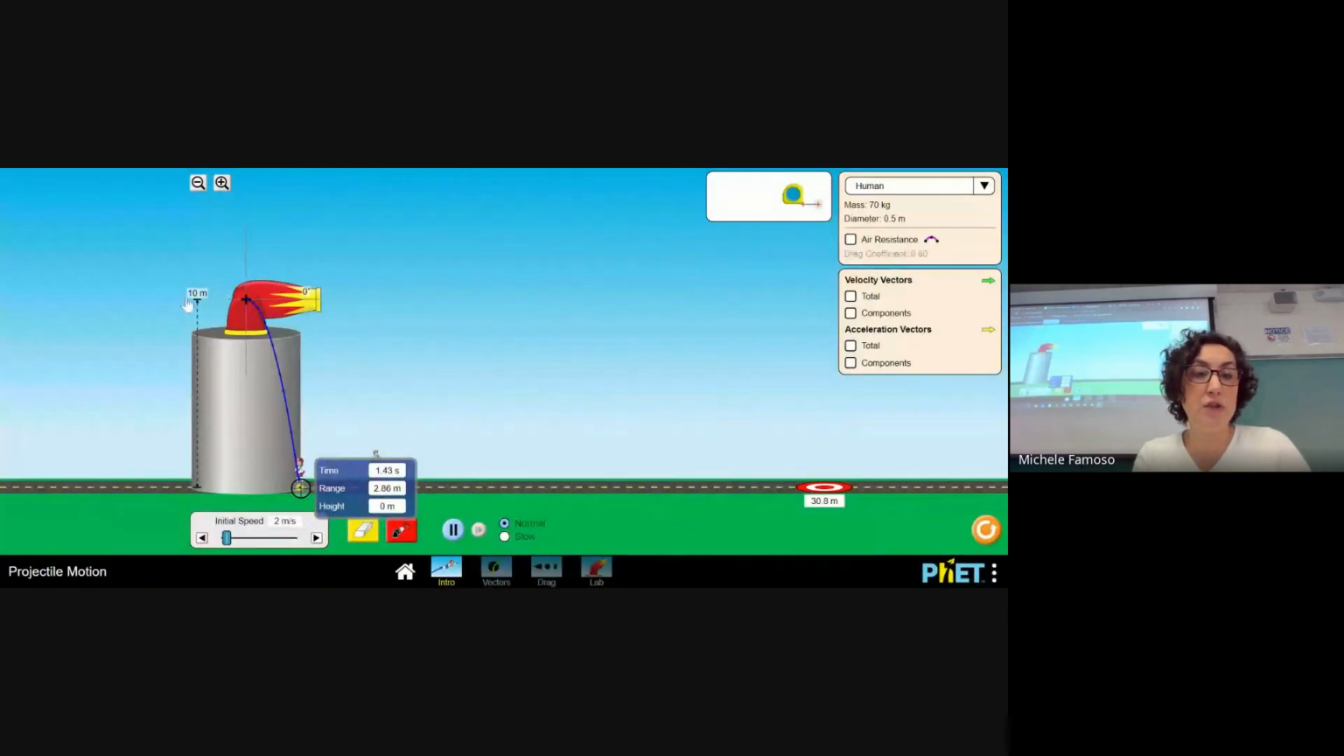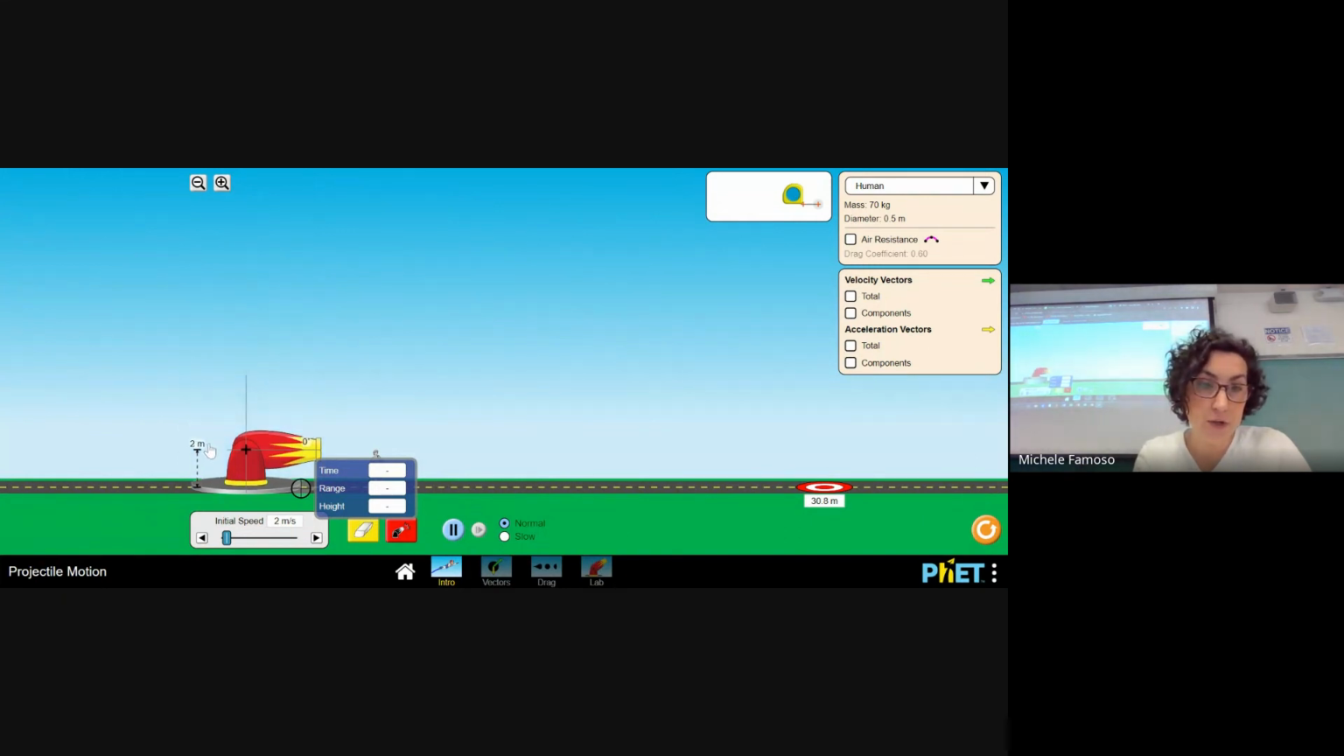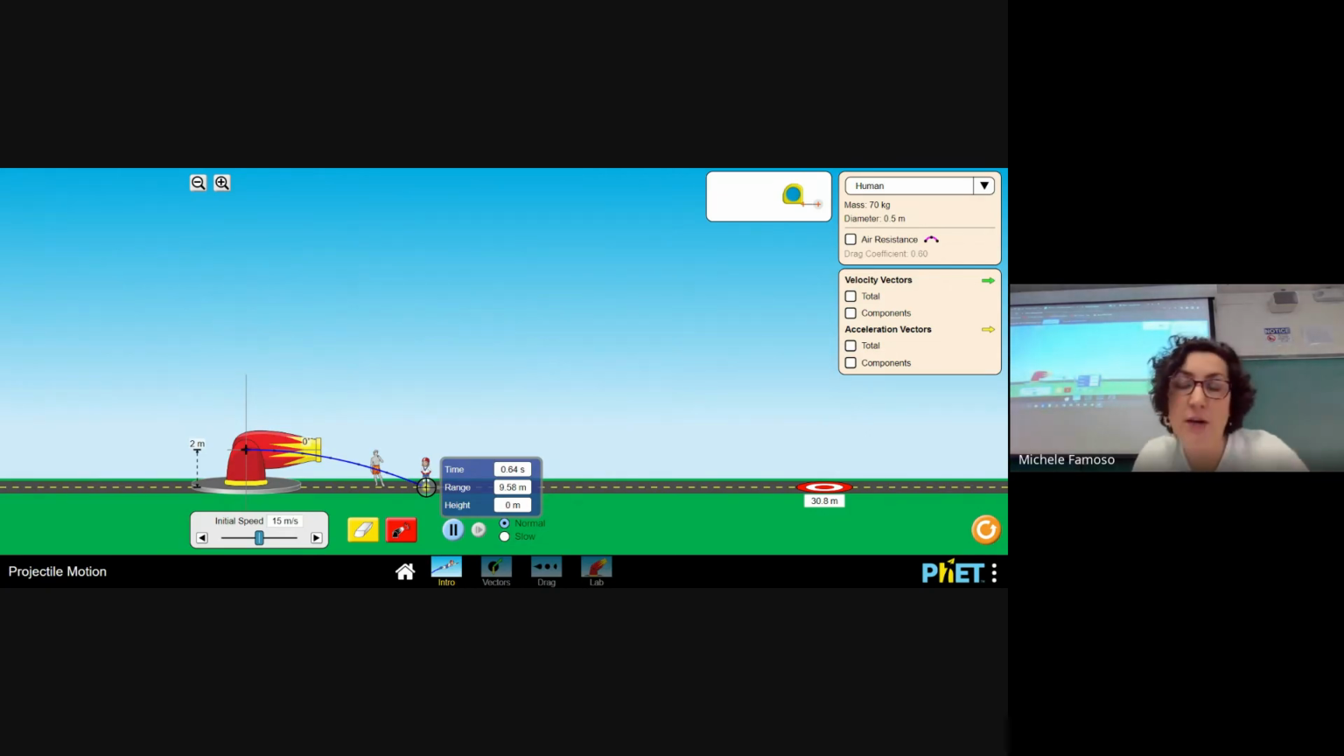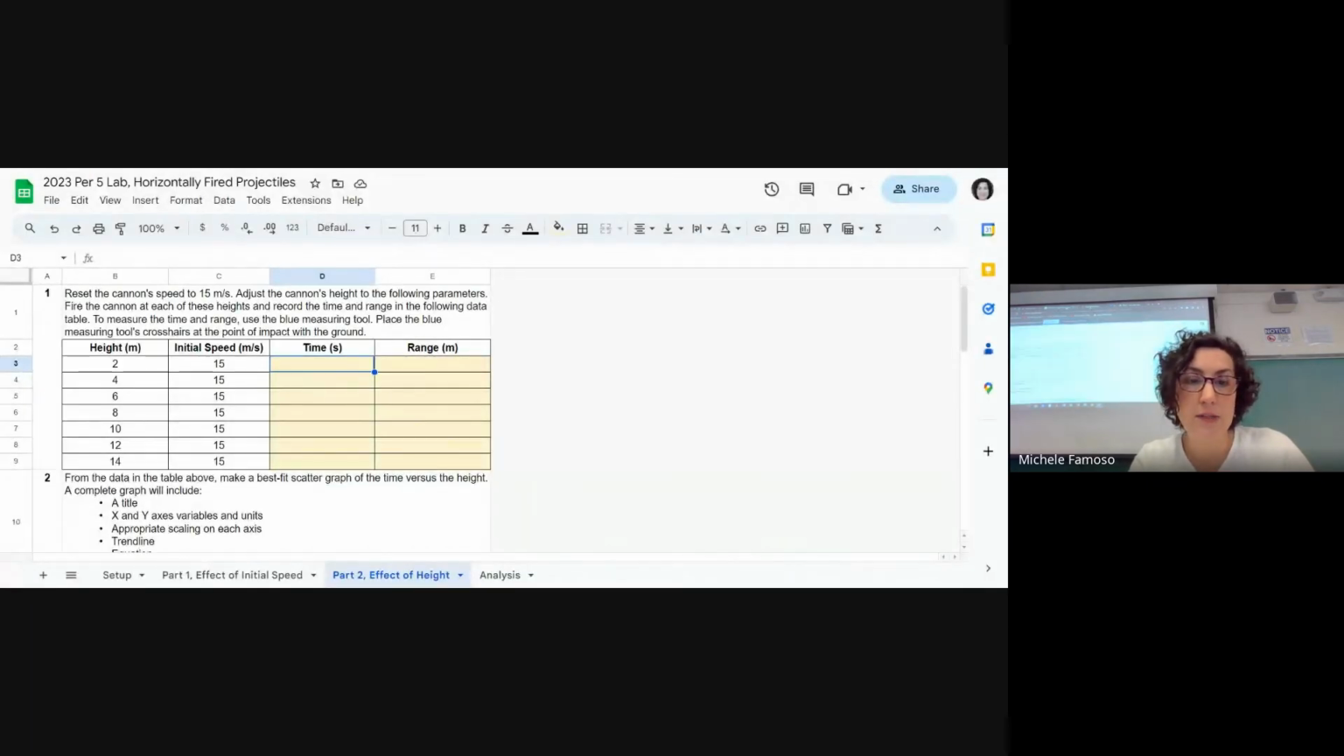We need a height of 2 meters. Well, let me erase everything. I want a height of 2 meters, so I'm dragging it down to the ground. And I want the speed to be 15 meters per second. There it is. I'm going to fire it. And I'm going to move my blue measuring tool here to the ground. And you can see the time is 0.64 seconds and the range is 9.58 meters. So let me go ahead and type those into this table. That was 0.64